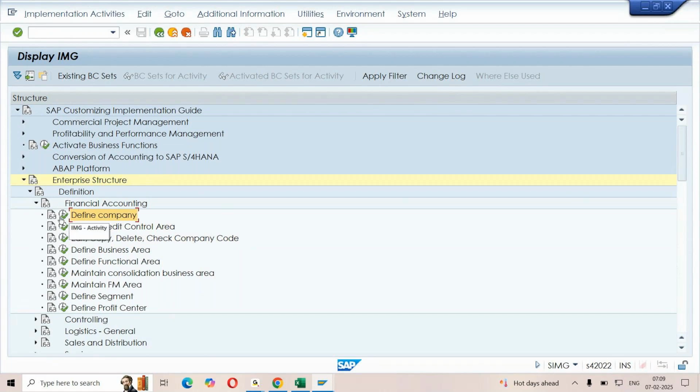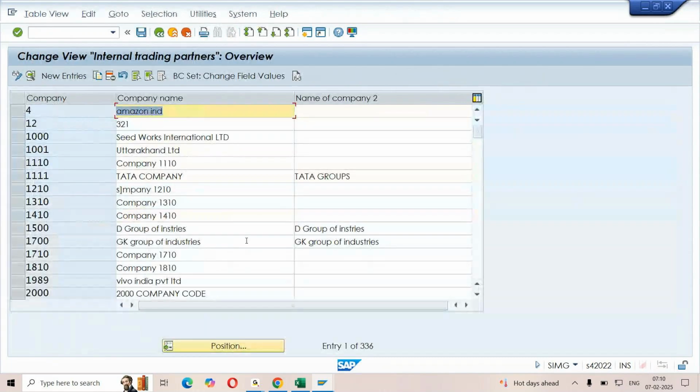And when you click on it, this icon is what we call it as timer icon or IMG activity. If you want to get into details, you need to click on it. If you double click on it, you can't get into the details of it. So click on this IMG activity, and this is how the page is going to be looking.